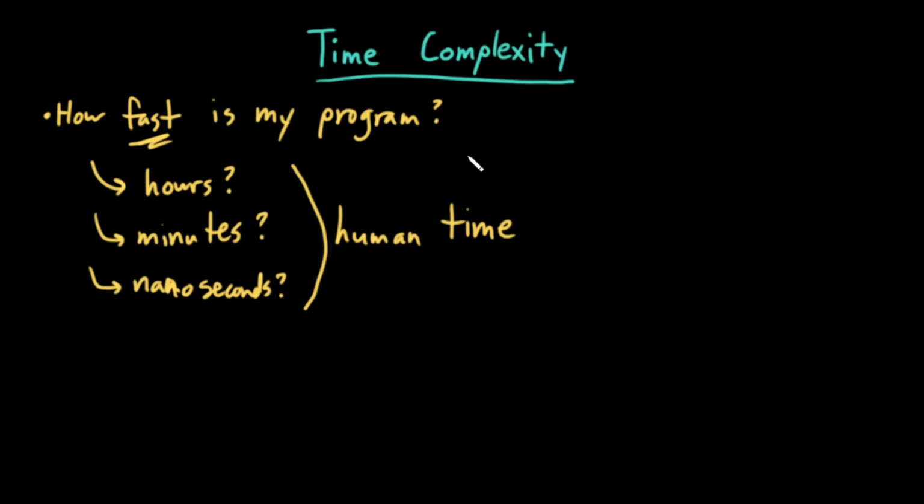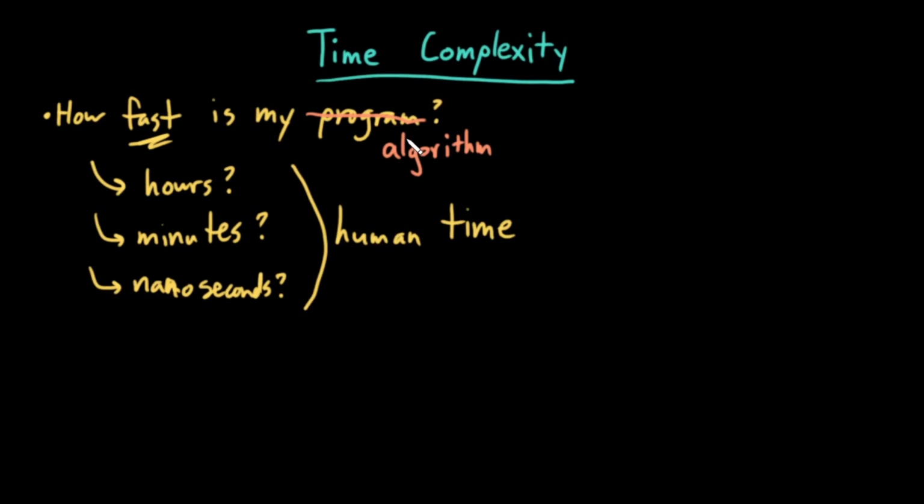So as algorithm thinkers, we don't want to talk about how fast a program is. We want to think about how fast an algorithm is. An algorithm is more of a mathematical higher level description. It's a series of steps that, depending on what hardware or what programming language you choose to implement it, the implementations could be different, but still we have a fundamental algorithm.